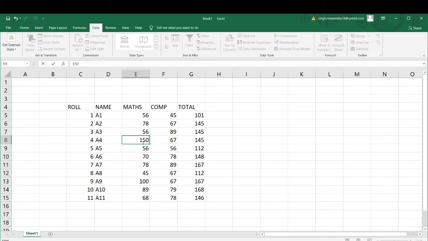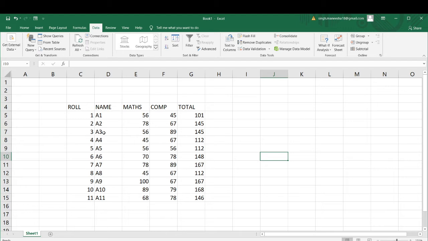See, if I write 150, it will take it, because there is no data restriction, there is no data validation. So now I wanted to apply data validation so that if I make a wrong entry, it will not take that value. So it is a must to apply data validation.